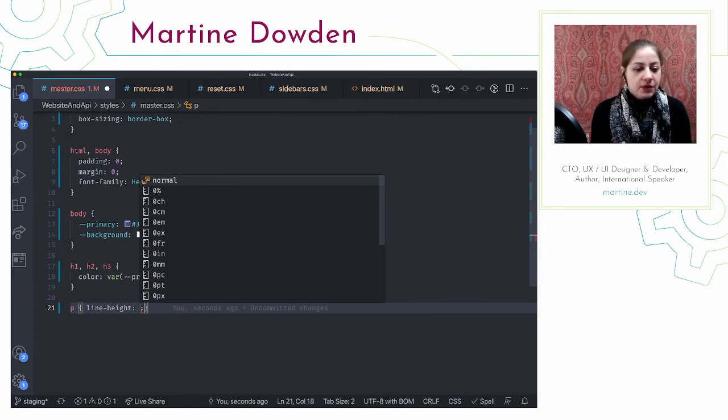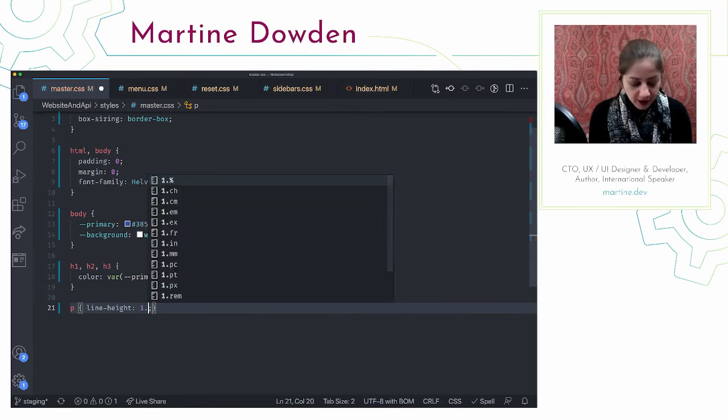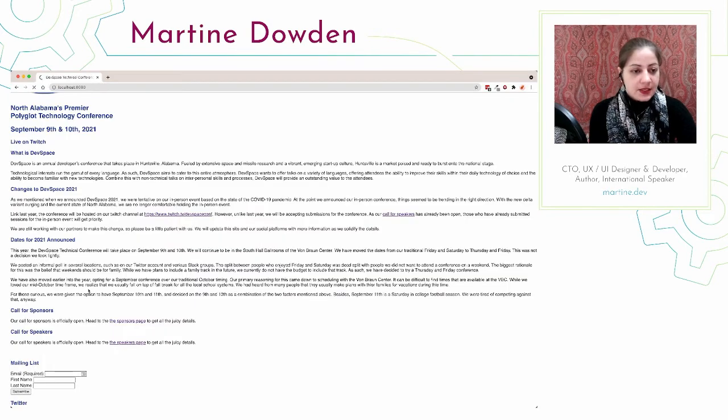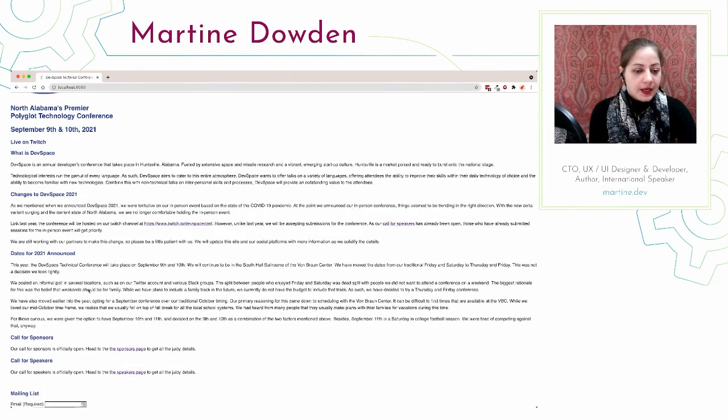So if I ever increase or decrease the size of my font inside of my paragraph, it's going to keep that as a fixed spacing, which can cause some problems, especially when you're increasing the size of your text. You're going to have overlapping words, which is not ideal. So I'm going to use a variable size. I'm going to say that I want 1.5, and I'm not going to put a unit. By not putting a unit, CSS is smart enough to understand that that means that our size is going to be relative to whatever that font size is, and it's going to correctly scale when I increase the font of my paragraph size for whatever reason I may do that.